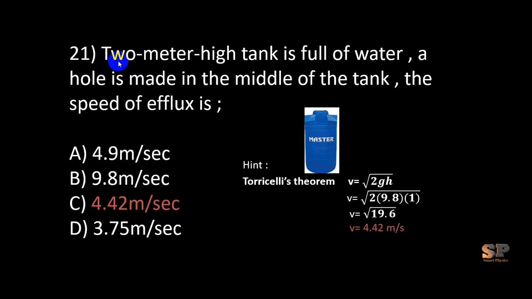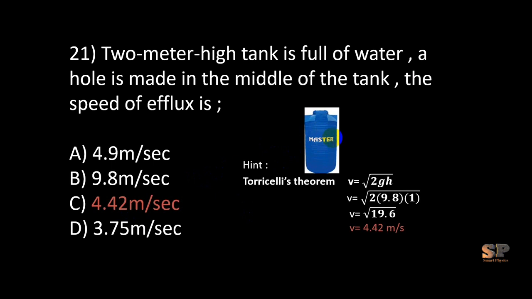MCQ number 21 है। 2 meter high tank is full of water. A hole is made in the middle of the tank. The speed of efflux is 4.9 meter per second, 9.8 meter per second, 4.42 meter per second और 3.75 मीटर पर सेकंड। हमारे पास एक 2 मीटर टैंक है जिसके दरमियान में एक सुराख बनाया गया है और उसने पूछा